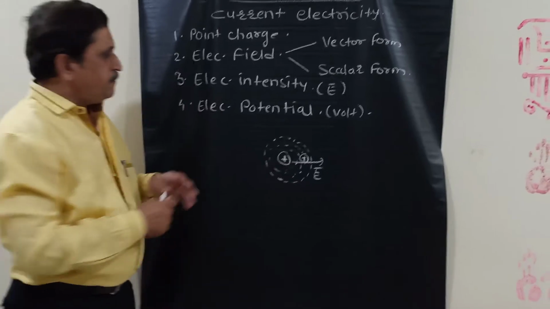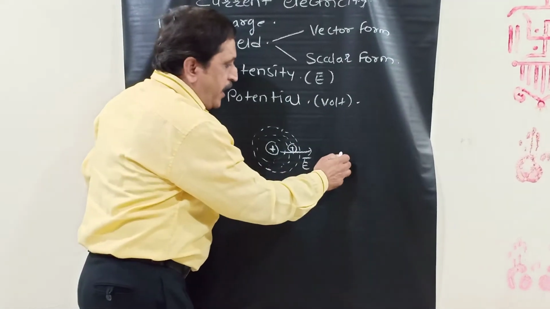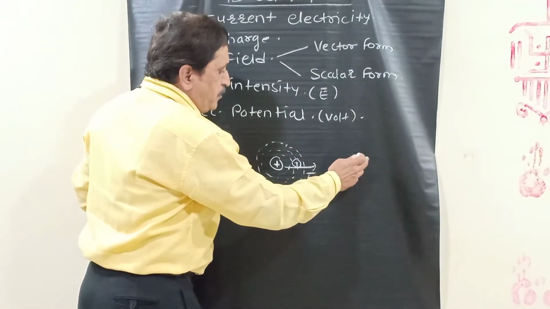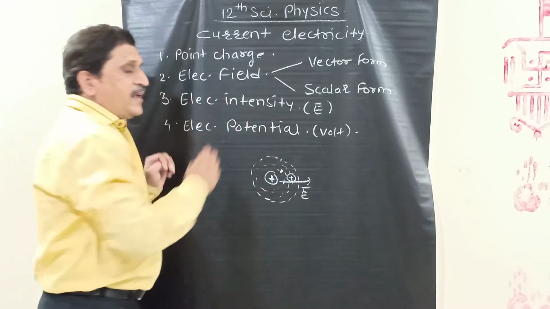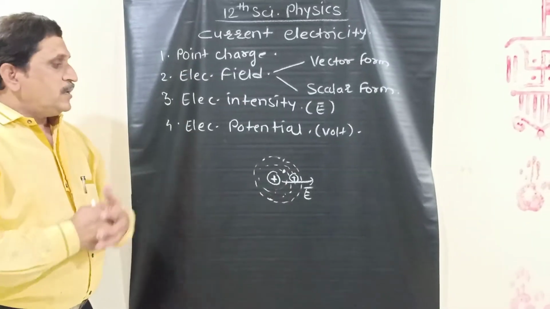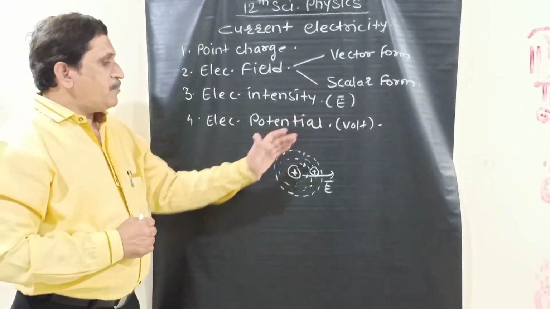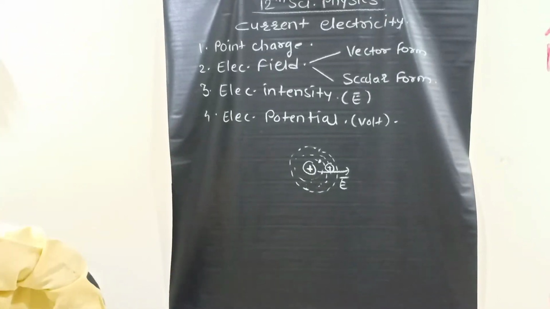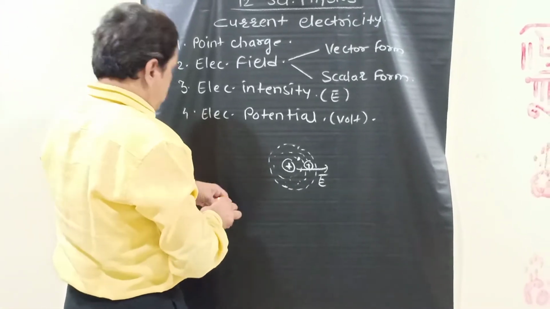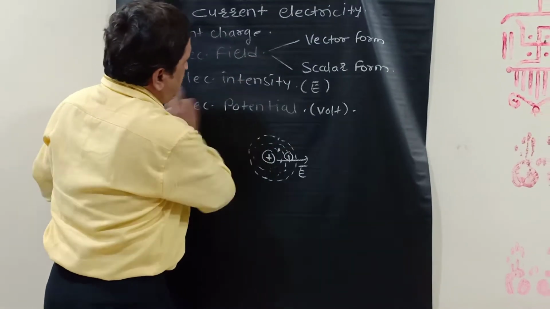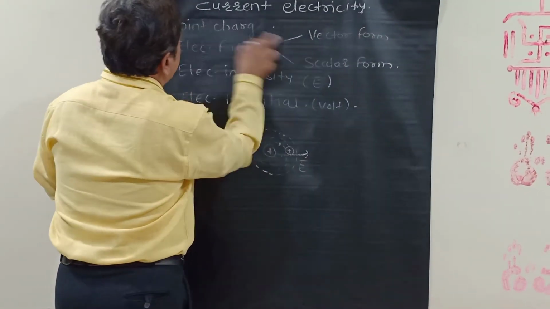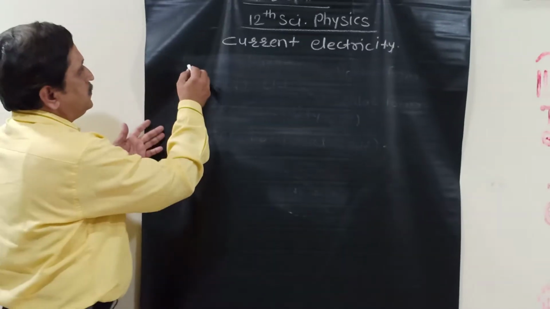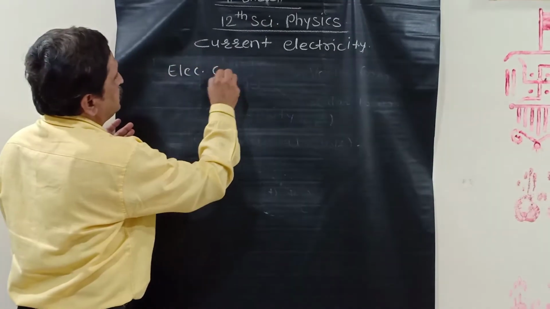Once again listen carefully. Electric potential is defined as the amount of work required to bring unit positive charge from infinity to a given point in an electric field against the direction of electric intensity, and is known as electric potential at that point. These are some basic terms. Now one more thing we should know: one is electric current and second one is electric resistance. We'll see. Now first term is electric current.